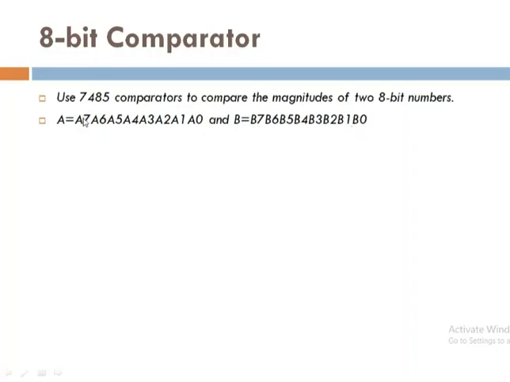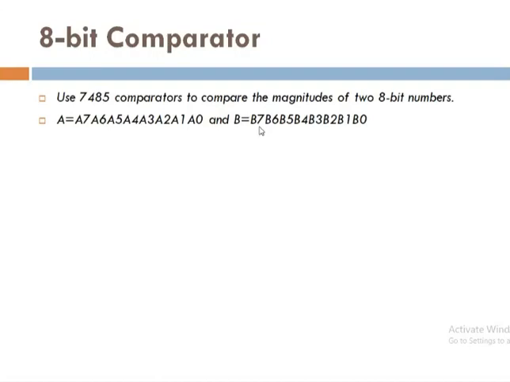So if you compare only one bit, that is A7 and B7, here A7 is 1 and B7 is a 0. So we can say A7 is greater than B7, so there is no need to compare the other bits, because 1 is greater than 0, and in this case all the other bits are 0. So obviously we can say that A is greater than B, so there is no need to compare the remaining 7 bits. In this way, if A7 is equal to 1 and B7 is again 1, both bits are the same.